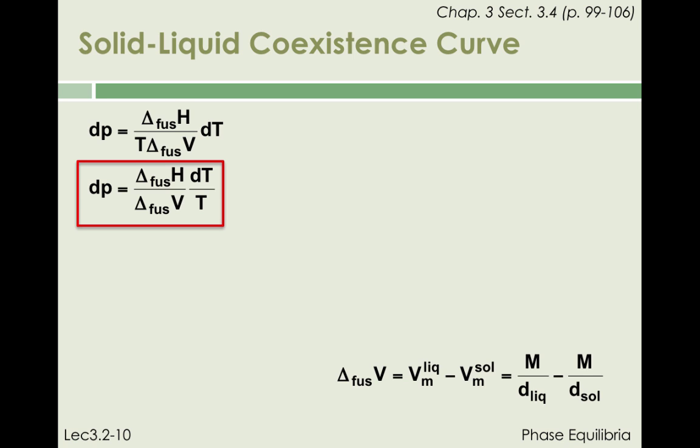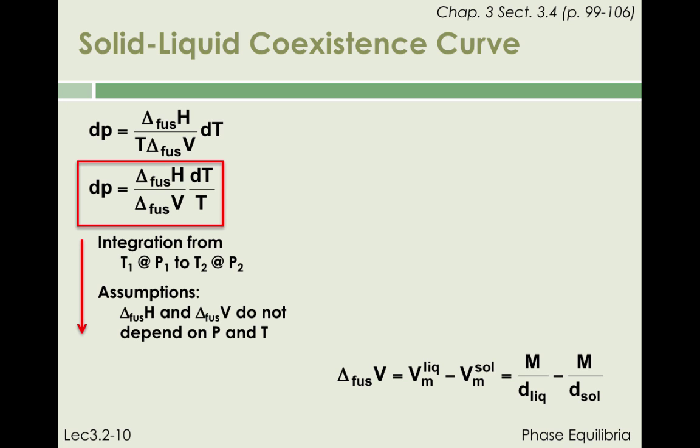So, starting from the Clapeyron equation and separating the variables P and T leads to dP equals the ratio of the molar enthalpy change to the molar volume change for fusion times dT over T. If we make the assumption that the solid and liquid molar volumes or densities are independent of the pressure and temperature, then we can integrate this differential equation and obtain